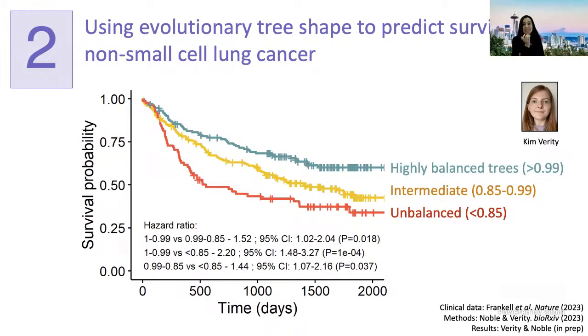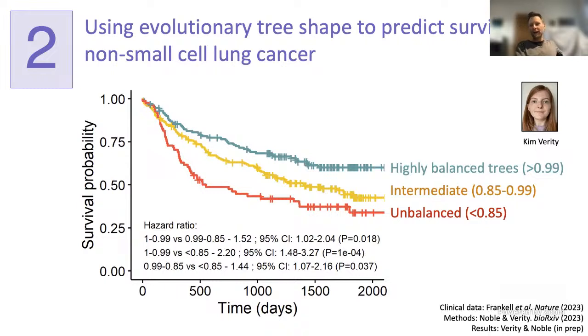So, my hypothesis would be that the unbalanced trees have some kind of subclonal selection going on, and maybe they're more aggressive due to that. That's our main hypothesis, that this is a proxy for the extent of selection going on in these trees. And so that's why we've been running a lot of models with and without selection to see how that affects the balance of the tree and our ability to detect selection using our indices. So that is something that Kim and others have been pursuing to try to understand these patterns.